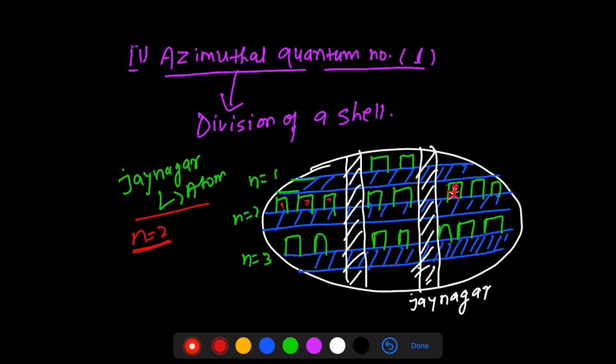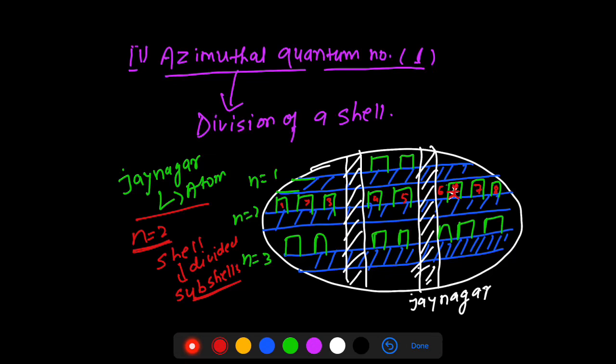But on road 2, we have the information that the person is living on the second road, but in which building? There are many buildings, you see. Building number 1, 2, 3, 4, 5, 6, 7, 8. Out of many buildings, the person is living in the 6th building, right? Can we say that a shell over here, or the road, is further divided into many buildings, right? A colony is divided into many buildings, right? So same way, a shell is divided,